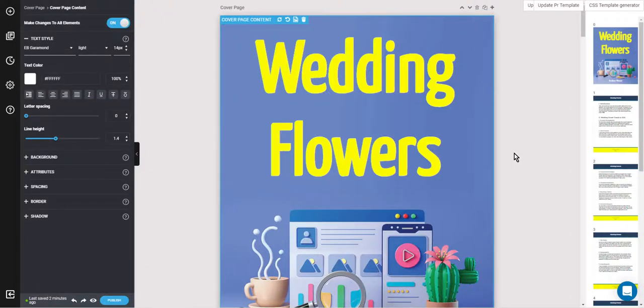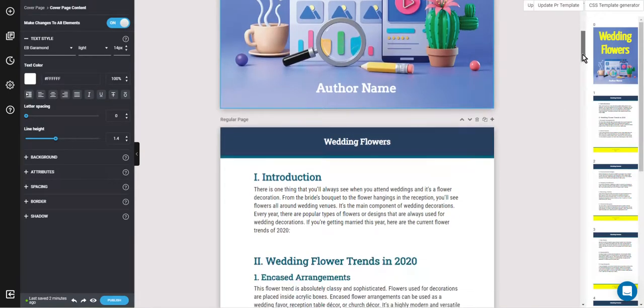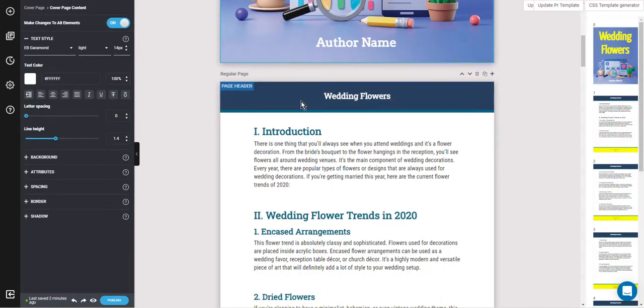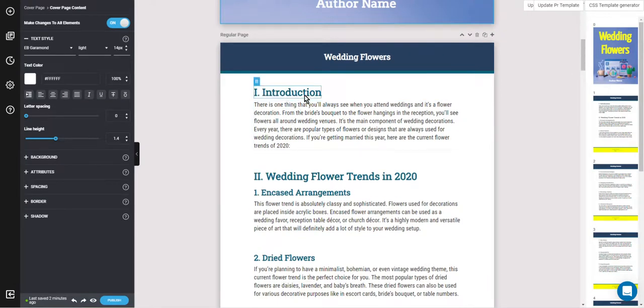This is a quick video on how to create a table of contents in Designer. In Designer, you'll notice most templates come with a heading in the header section. Many times people will think that this heading is what the table of contents pulls in, but what the table of contents actually pulls in is these headings within the content pages.